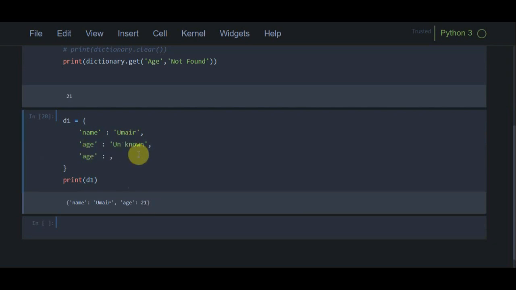If I replace the values, suppose I write unknown here instead of 21, you will see the same concept: the previous key will be removed by the new key. If I run this program, you can see that now the value is unknown.